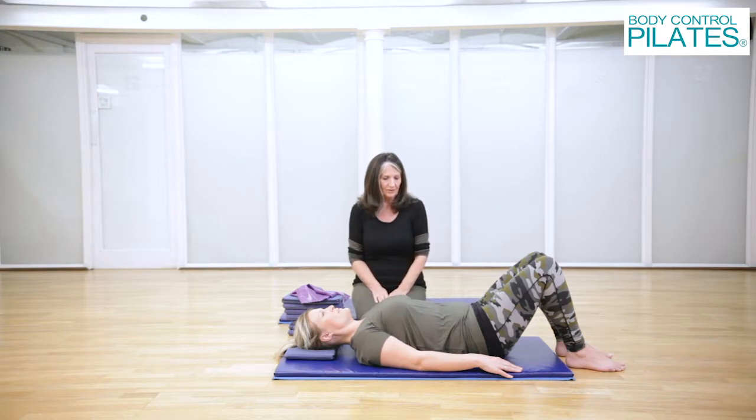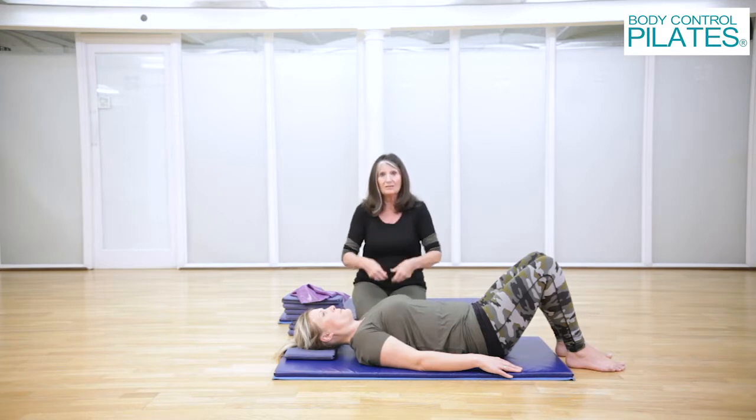And again, taking a breath in. As you breathe out, draw your sitting bones together. Take a breath in and hold them together. And then as you breathe out, really let them open, let them release, let your tailbone, your sitting bones open wide. Lovely. So we're going to use both of those ways of using the pelvic floor as we do the